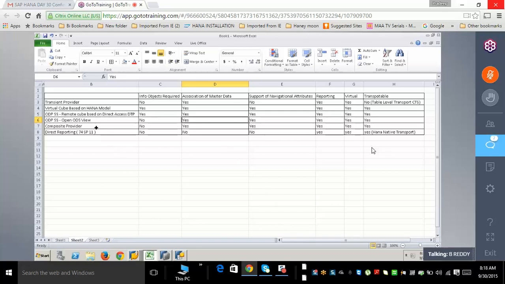Okay. And then composite provider, again, you're not creating info objects, but you're straight away leveraging that. It's direct reporting, but you still have the problem of not being able to leverage your master data and your navigation attributes. Okay. ఇన్ఫో ఆబ్జెక్ట్స్ అవసరం లేకుండా మాస్టర్ డేటా ఉండి, నావిగేషన్ అట్రిబ్యూట్స్ ఉండి, ట్రాన్స్పోర్టేషన్ ఈజీ, అన్ని నార్మల్ స్టాండర్డ్ మెకానిజం ఉండే కాన్సెప్ట్ ఏముంది? రెండు ఉన్నాయి,